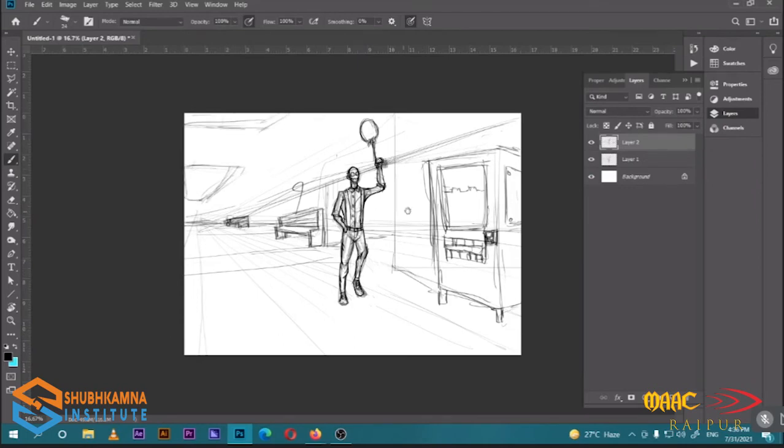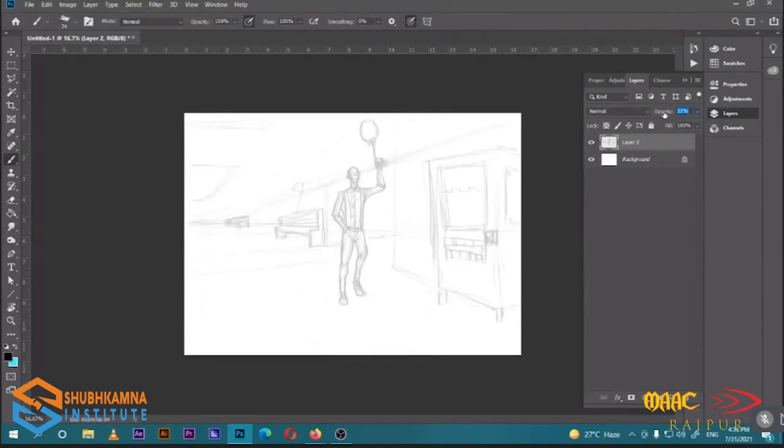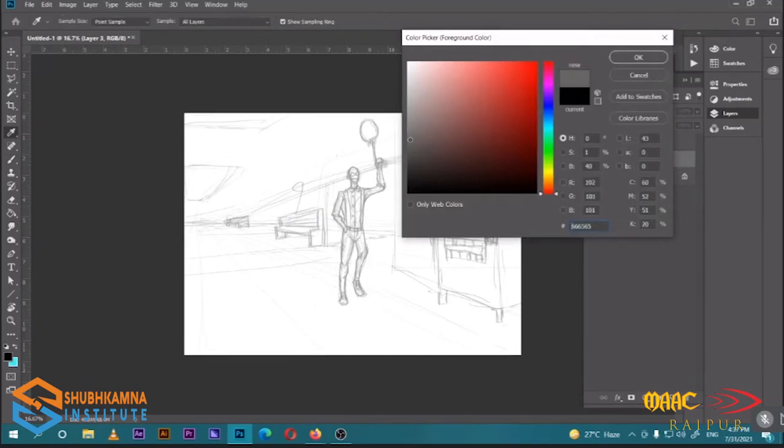All right. So now the sketching portion, when the sketching portion will be completed, then after that we will be starting with the painting section. Now, how to start with the paints? First of all, merge all of these, so that you can give this a little bit lesser opacity, and then you can start painting on it. Take a new layer, put it right over here, and start with not the color but the shades. All of the gray scales, the black and whites are there.